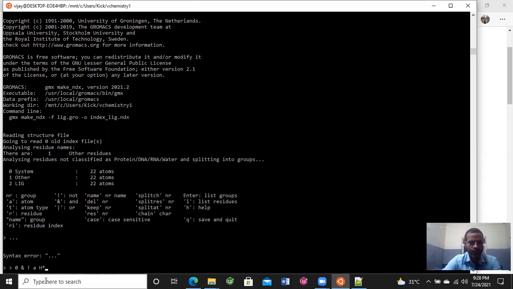What is zero? This is showing zero for system, A for atoms, and H for hydrogens. Then all these hydrogens will be counted as part of the system. Just press enter.